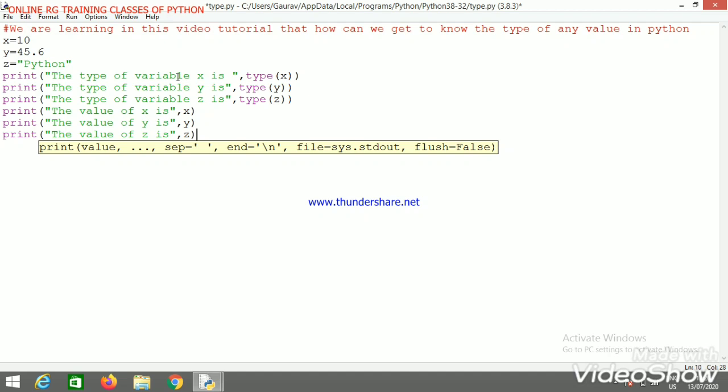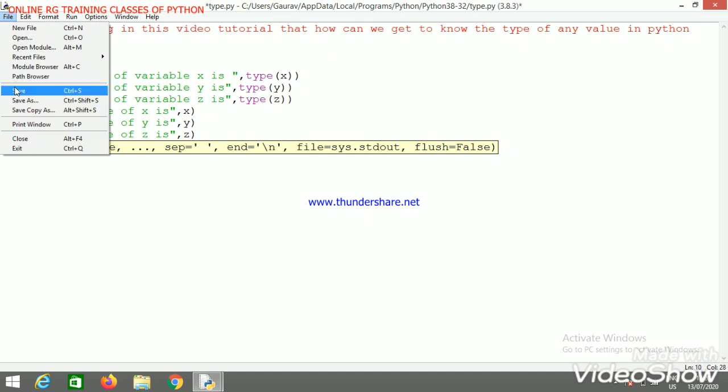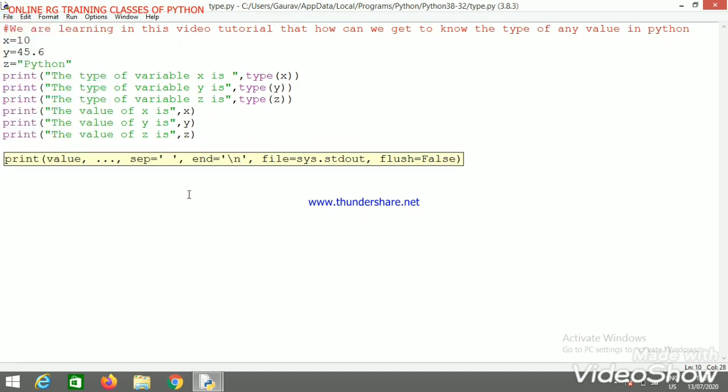Now we have just written the code for our program, but I also made you understand in the last video, my dear viewers, that if we have this star sign over here, it means the program is not completely saved. So the first task is to save it again, and then we have to run this program.